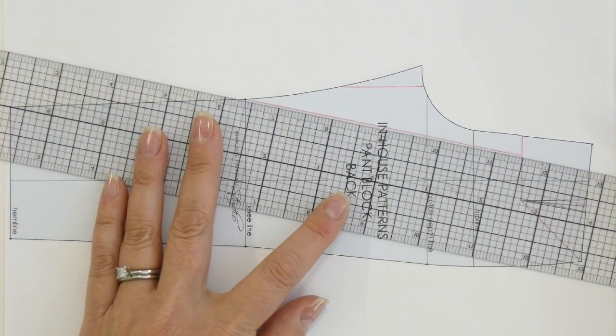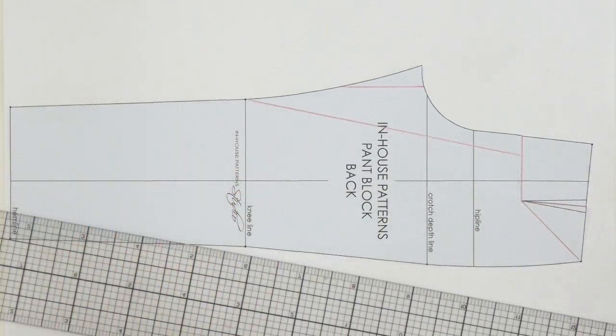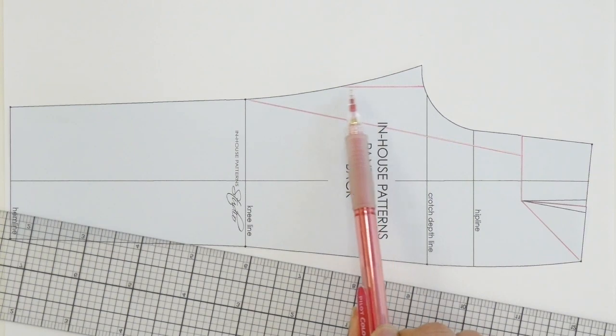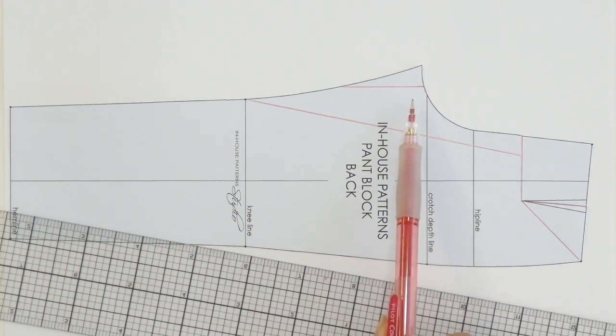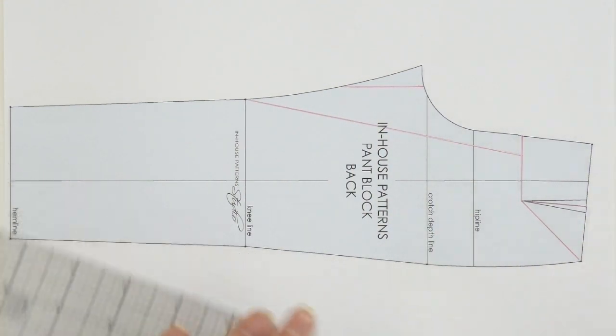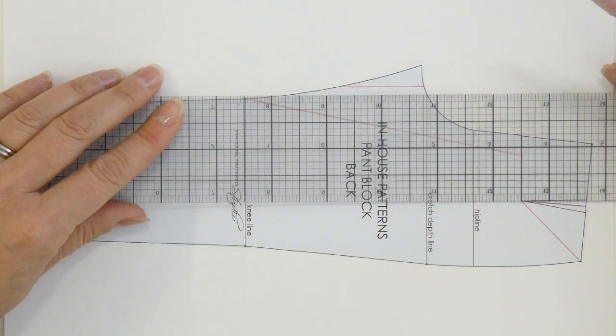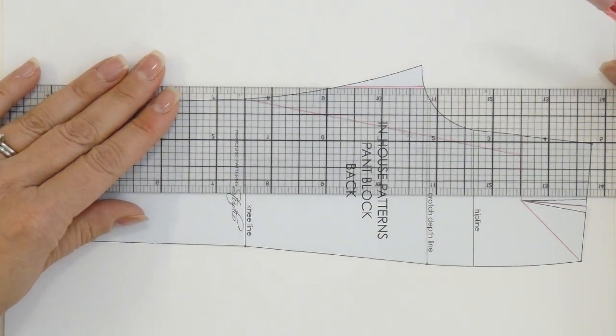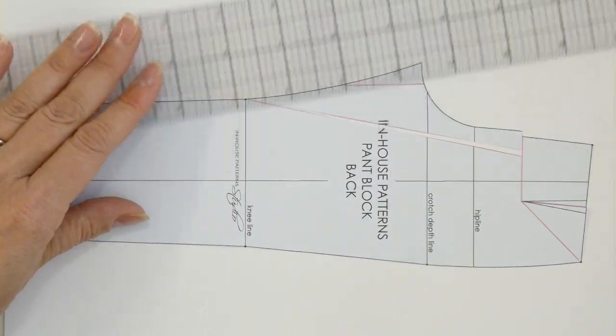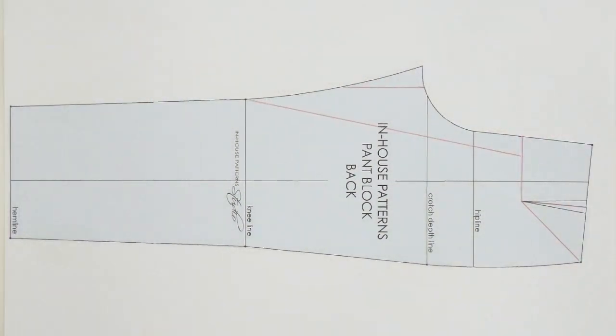And you'll see here that I've just joined that as a straight line. And there's going to be one more slash line, which is this little one here. I've just actually drawn it perpendicular to the crotch depth line there, and just joining to somewhere along that inseam line. So these are the slash lines that you're going to be using for both the full seat and flat seat